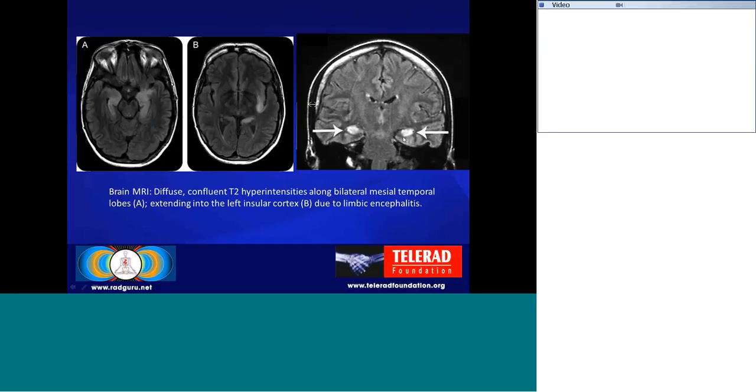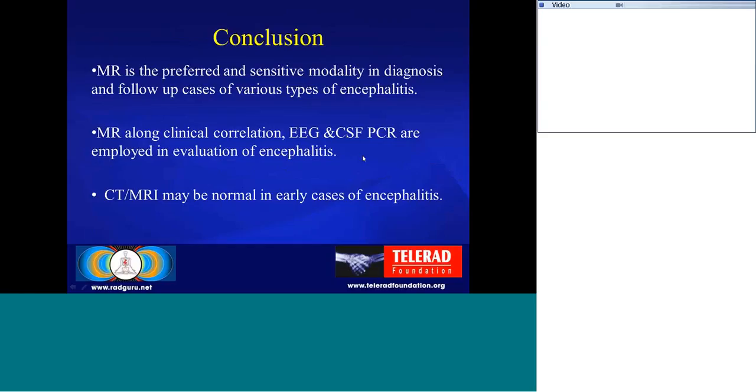See in the coronal T2 weighted image, you can see that the hippocampus and parahippocampal gyrus are involved, but with a symmetrical distribution. We can also do gradient echo images to see if there is hemorrhage. If there is hemorrhage, then we can say that the patient is a case of herpes simplex encephalitis rather than limbic encephalitis. So coming to the conclusion, MRI is a preferred and sensitive modality in diagnosis and follow-up